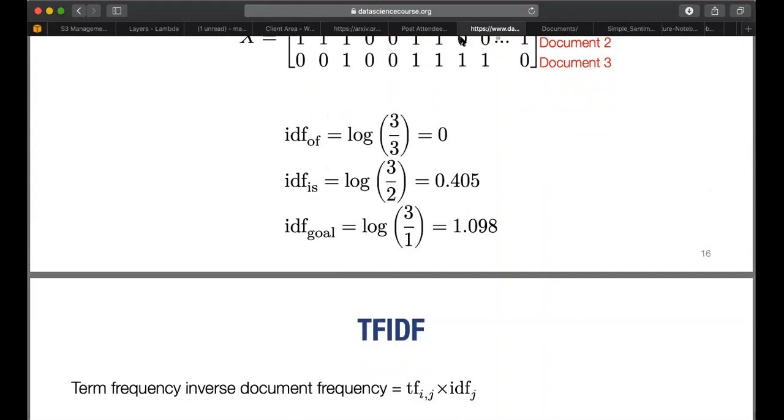For log 3/3, the man had 1 point something, but mine didn't give that. The only one that corresponded with what the man had was log 3/3, which is log 1, which is 0.